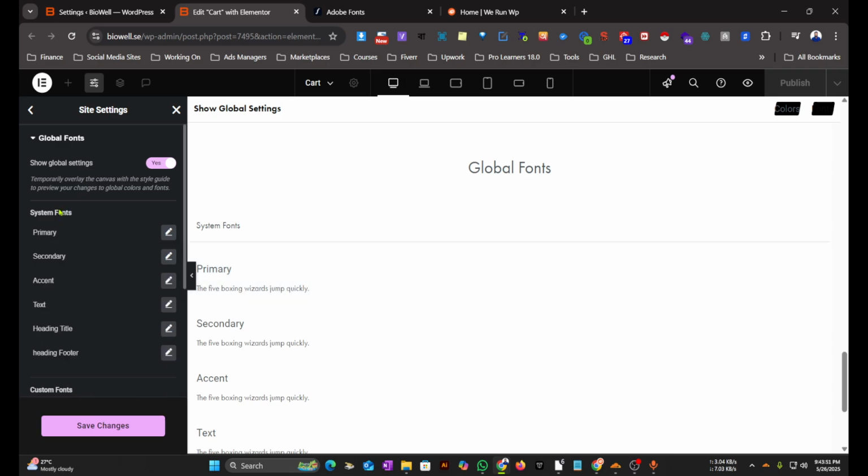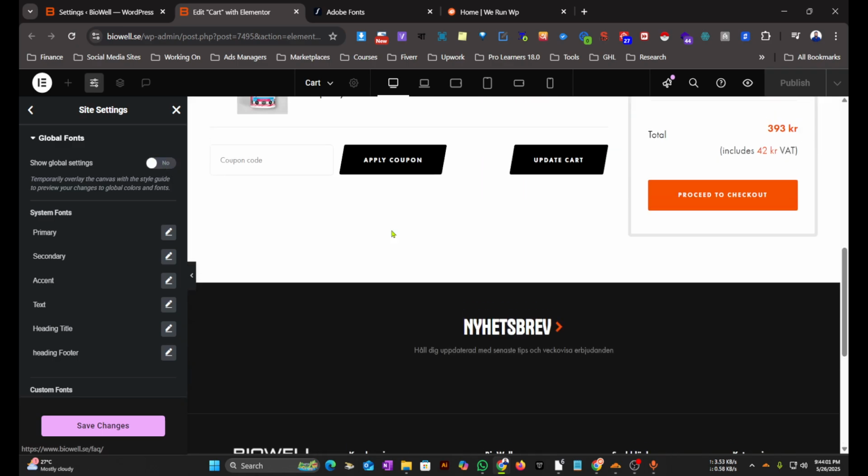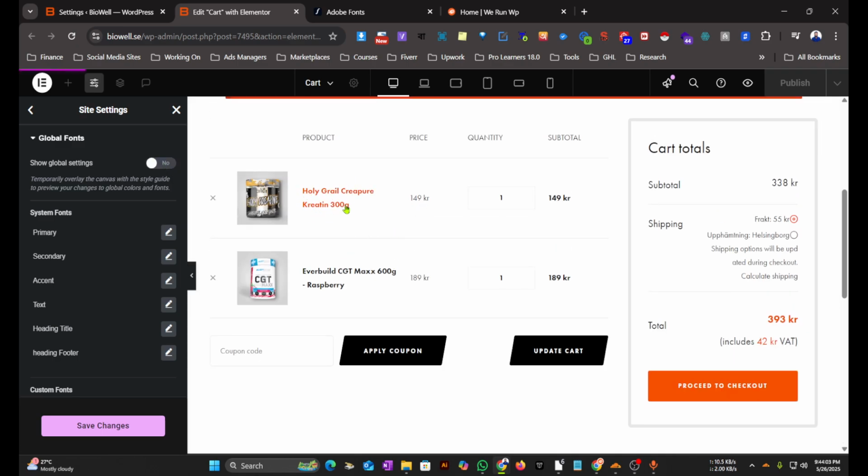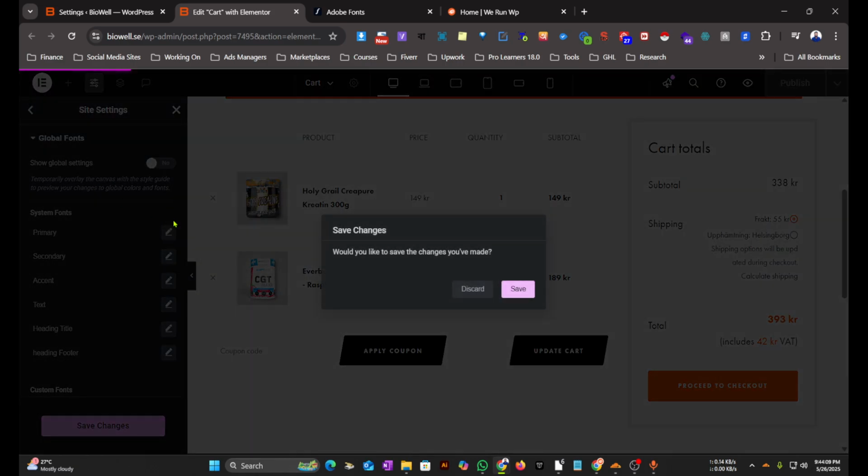Okay, it will change the default fonts of Elementor, and if you want to use the font only on a specific area, then you can just edit that section and click on the widget and change the font from there. Okay, so that's an easy process,